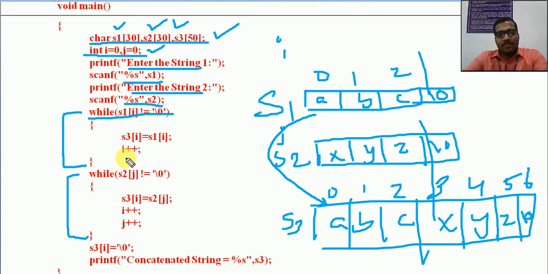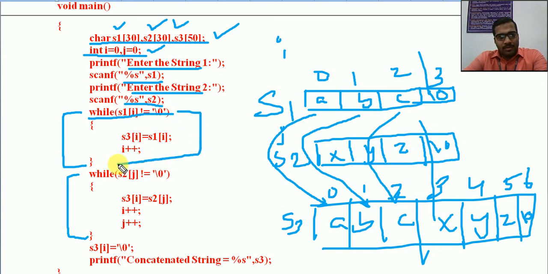Then i plus plus, i will become 1, and this will be assigned to S3 of 1. Then C will be assigned to this location, right? Then again it will be incremented when i becomes 3. What will happen? It reaches \0. It will exit from this loop.